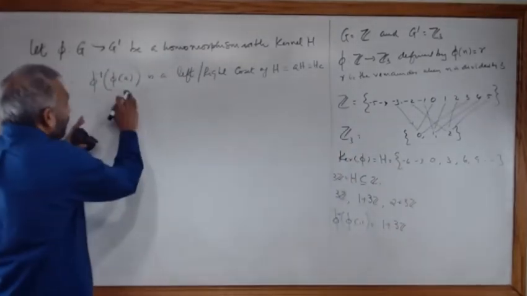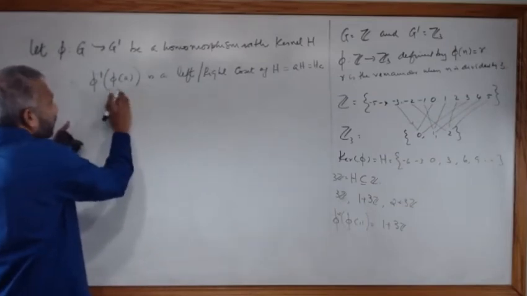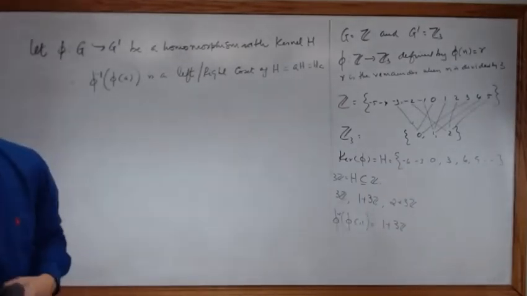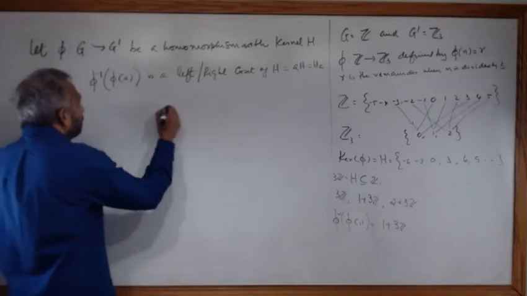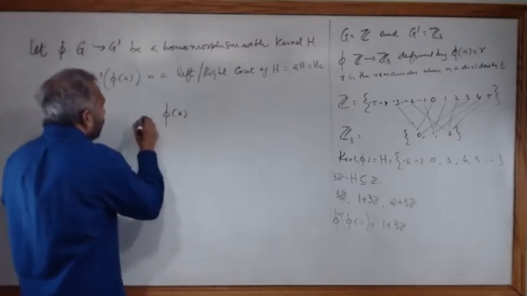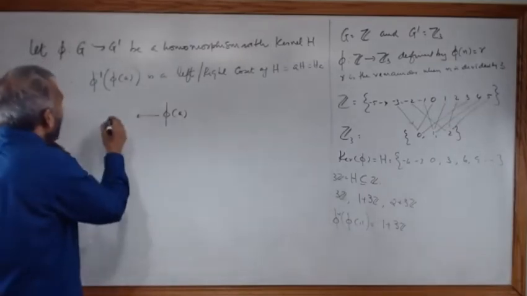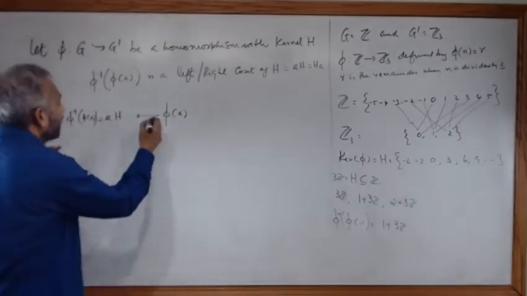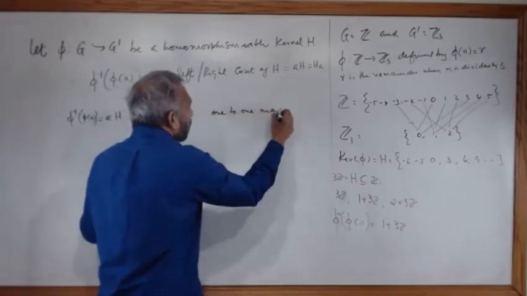So there is a one-to-one correspondence between phi of a and phi inverse of phi of a, that is, phi of a goes to Ha, which is equal to phi inverse of phi of a. This is actually a one-to-one map,